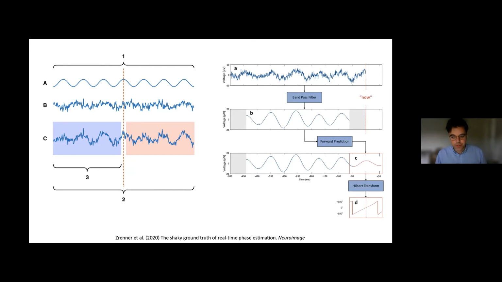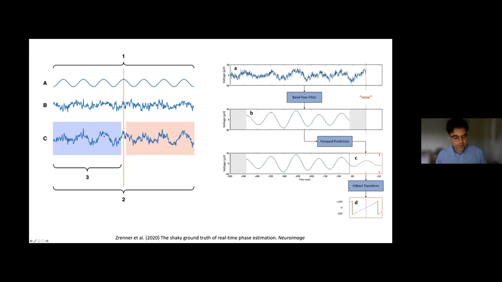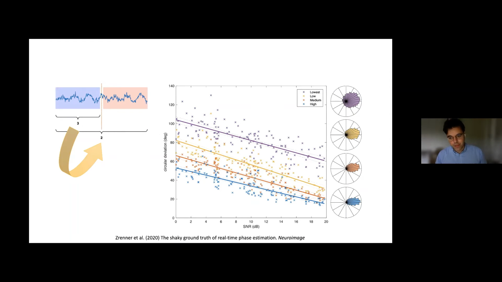Again, sort of going briefly into this problem, where we only have the data. If the red line is the time we want to stimulate or decide to stimulate, we only have the data on the left. We have to predict it, and how accurate can we be from just the data ahead, sort of the data in the past. We looked at more than 100 participants to try and understand what are the factors that affect the accuracy that can be achieved. And it turns out that the main factor is signal to noise ratio of the oscillation.